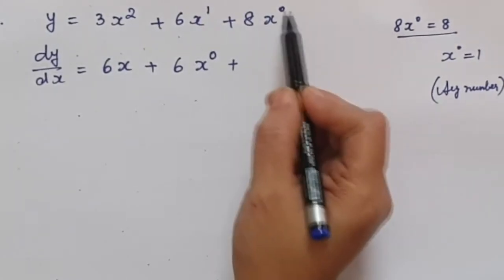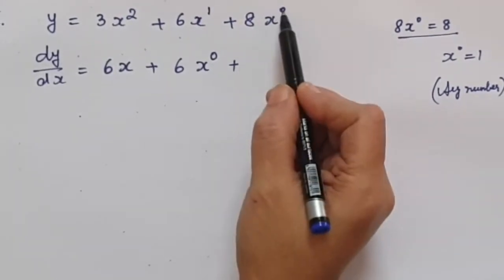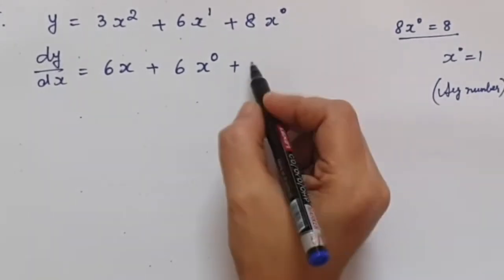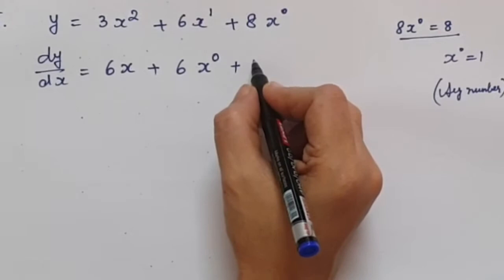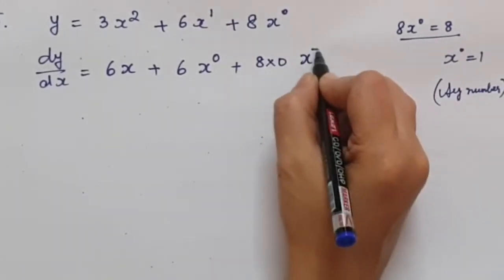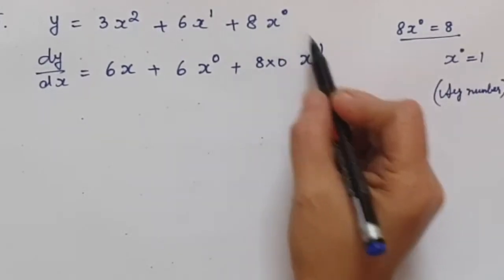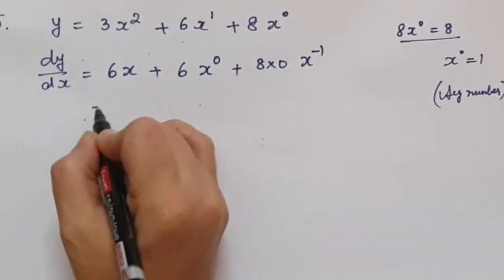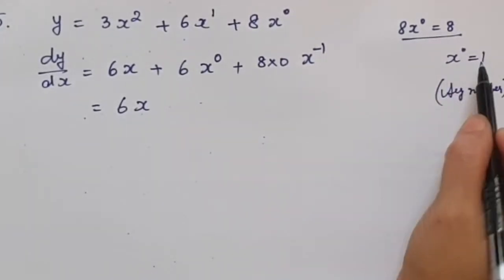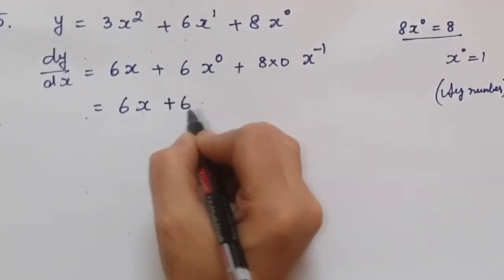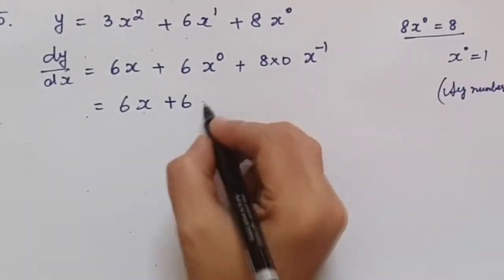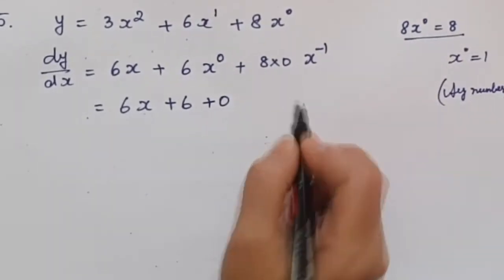Now as in our differentiation, we multiply with the power. So 0 into 8 automatically gives us a 0. I'll write it for you: 8 into 0, and then reduce the power, so 0 minus 1 is minus 1. So this will be equal to 6x to the power of 0. Now we saw x to the power of 0 is 1, so it is only a 6. And this one, 8 into 0, whatever you multiply with 0 is going to be 0. So the number is 0.